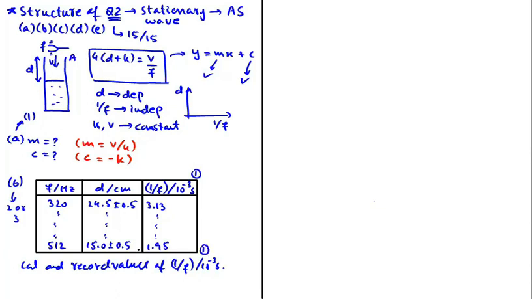But students, B part of this question is missing something. In B part of most graph questions, we are not just asked to calculate and record values of a quantity and that's it. Rather, we are also asked to include uncertainties. And including uncertainties also earns us 1 mark. But we haven't been asked to include uncertainties in the calculated values of 1 over f. Why? Because see, the values of f don't have uncertainties.